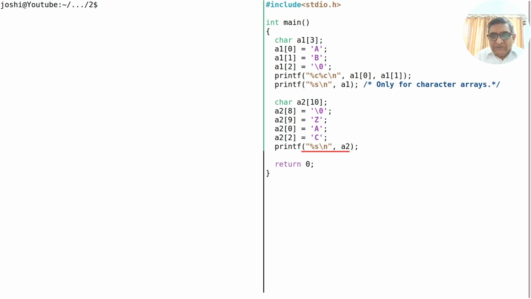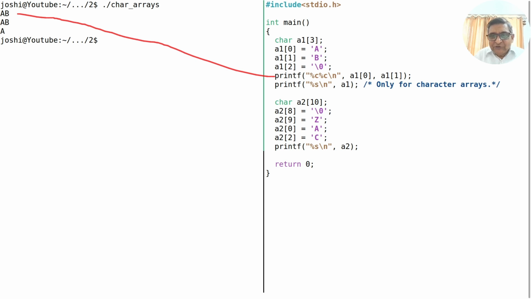So what will happen? Let us check what it does by executing it. Now it has printed these two characters, capital A followed by capital B, absolutely no problem. Here it started printing from capital A, printed capital B, then encountered the null character, absolutely no problem. But here what it has done is it has